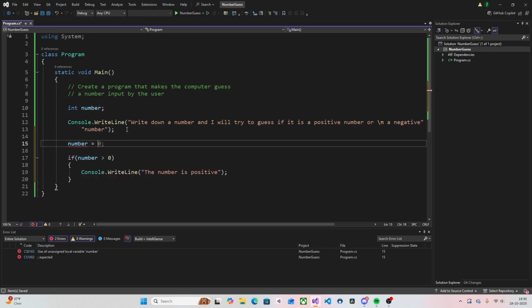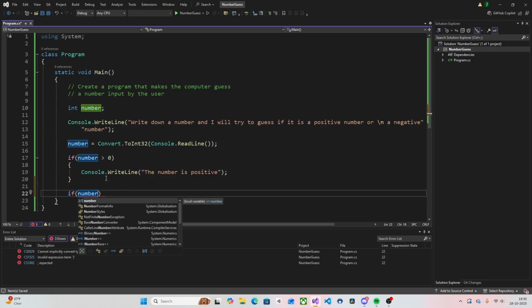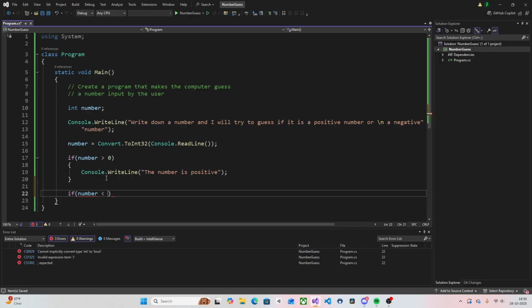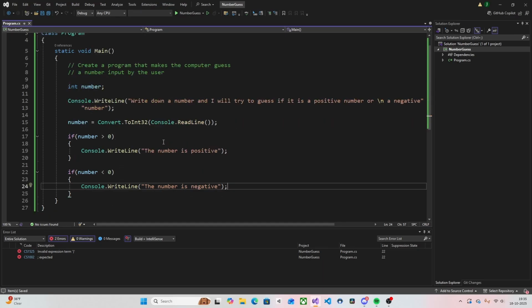So convert to integer. There we go. Happens to everybody. Then we have another if statement saying number is less than 0, meaning if it's a negative number. It's going to be the number is negative, and I believe instructions are clear, right? And guess a positive or negative